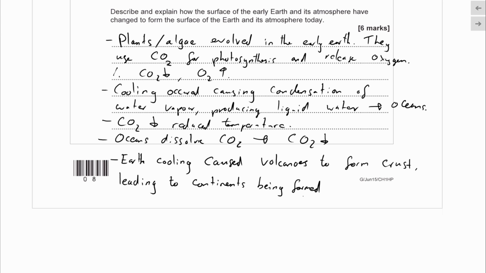So if you just said that cooling led to oceans, okay, that's not enough because you haven't said that cooling actually leads to the condensation of the water vapor, producing liquid water, which obviously forms the oceans, right? So you need to go into detail for the points, and you need at least 2 of them to get the full marks on this question, okay? We've made 5 points in this question, and so obviously that is more than enough. You would only need to pick 2 or 3 of them and go into detail. Okay,